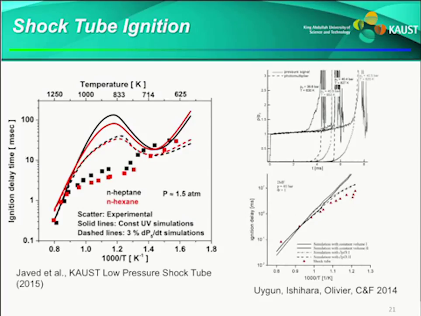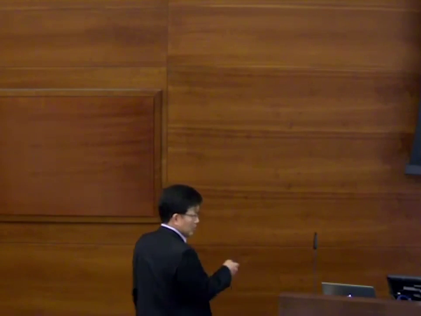So this is one of the examples that was done in Amir Farouk's group, in their low pressure shock tube study. They found such huge discrepancies compared to the computational prediction, especially in this region. Even if we consider those dP/dt corrections, it was not enough. And a similar finding was reported by the Aachen group as well. So these are all related subjects, and in fact,